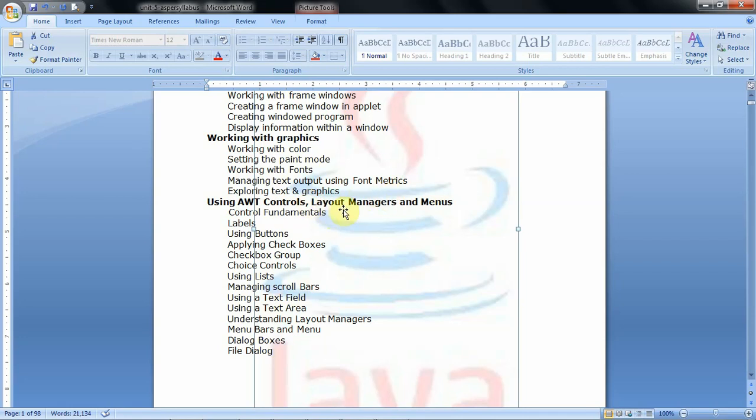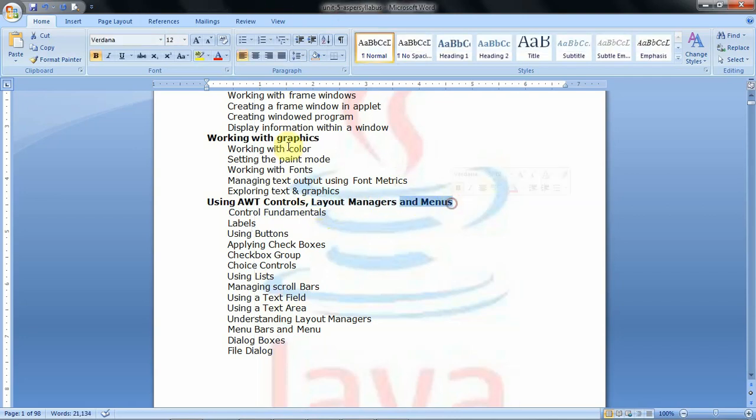And then layout managers, those are used for arranging the components on windows. And finally menus. Already in several GUI applications we can see menus like this: home menu, insert menu, page layout, references. The type of menus we can also create with the classes present in the AWT package.